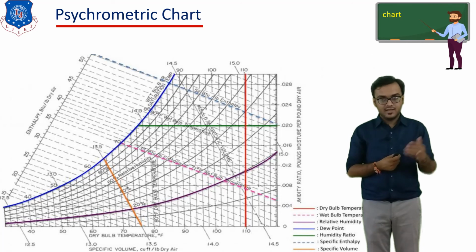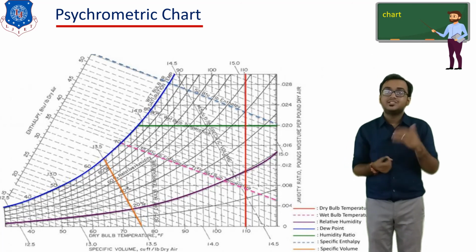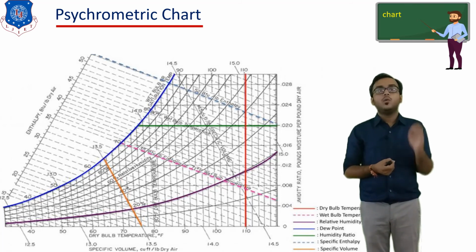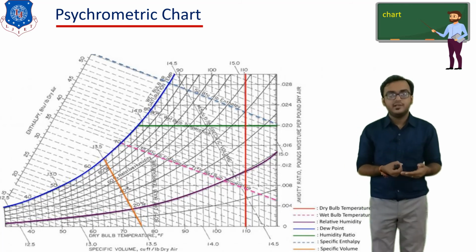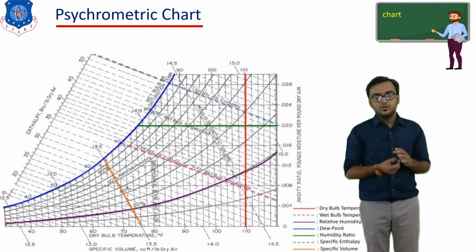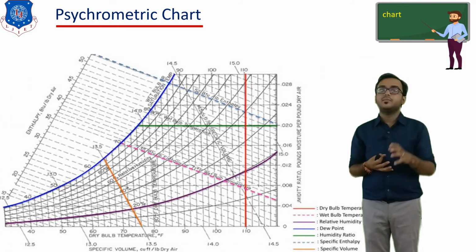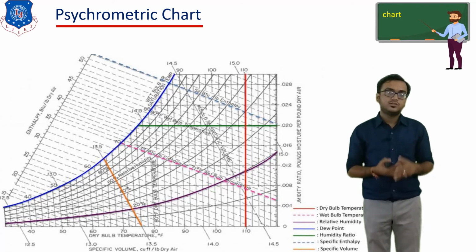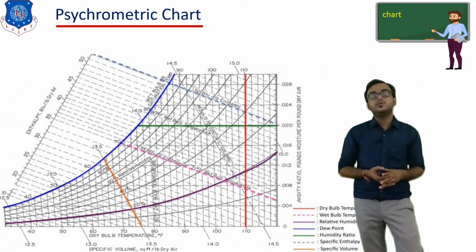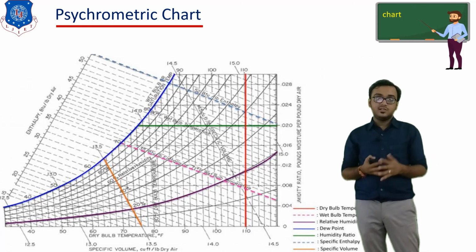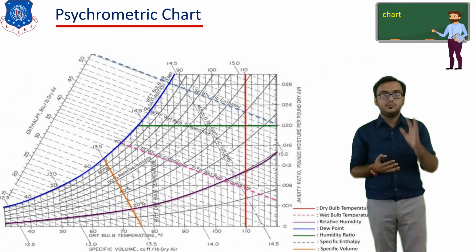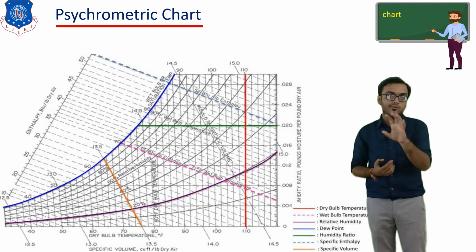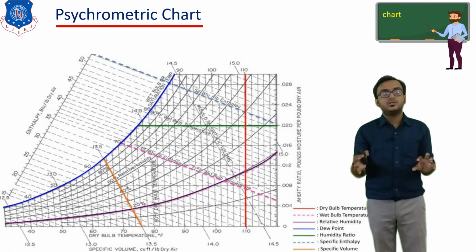Okay. Now next one is the specific volume line. Specific volume lines are the lines which are marked with the yellow or you can say saffron color. Okay, so all these lines indicate the specific volume line, while the dew point temperature line and the specific humidity line are indicated using the green color. So just by observing the color coding in the diagram, you are able to decode the different lines which are provided on the psychrometric graph. Okay, so the psychrometric graph is one of the essential tools which we utilize to solve the examples that are related with the different psychrometric processes. So just keep this diagram in your mind and try to decode the different lines, because I have already provided the color coding at the bottom, so that you can read.